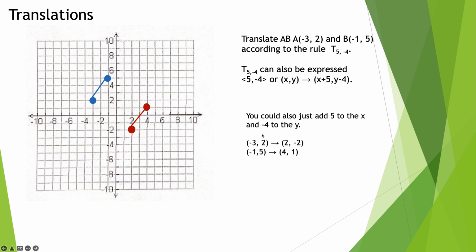So -3 plus 5 is 2. 2 minus 4 is -2. And there's the point right there, (2, -2). The higher point, -1 plus 5 is 4. 5 and -4 make 1. And there's the point, (4, 1). So you can also apply the rule to the coordinates and calculate the point, and then you'll get the solution,